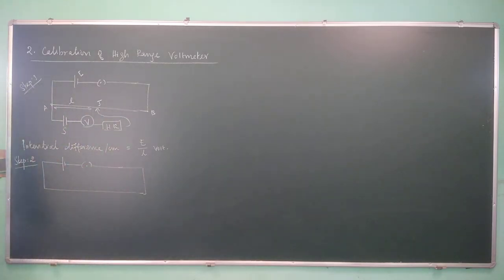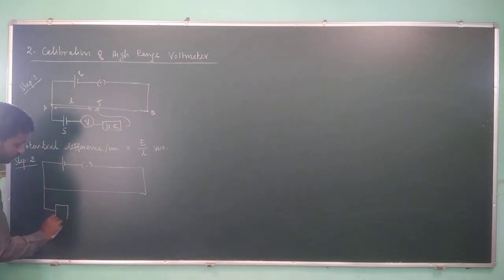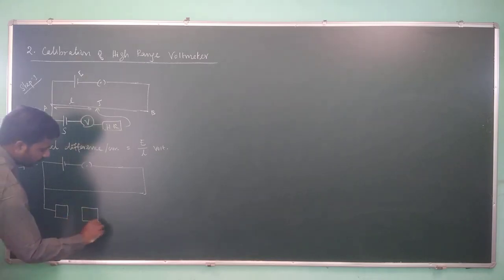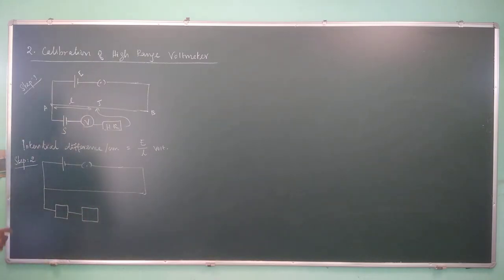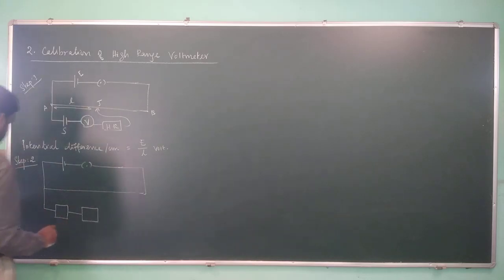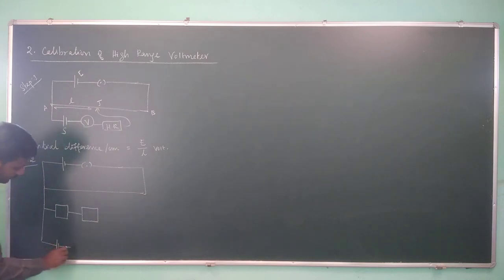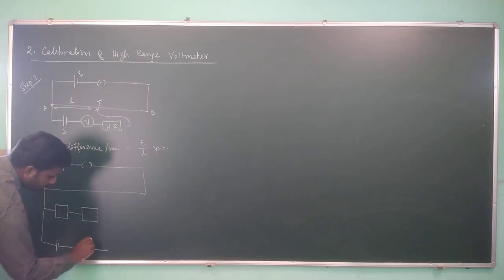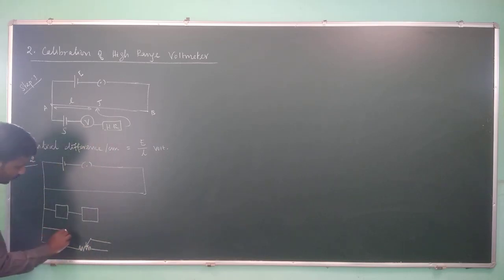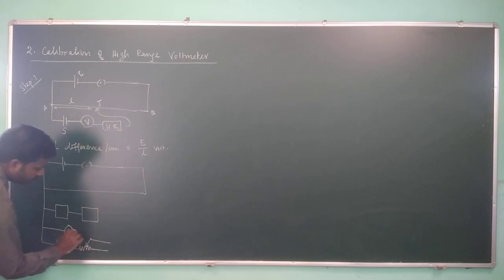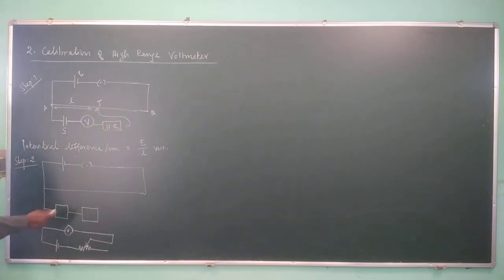And the second part, what we have to do is remove all this, and we take two resistors P and Q. It is connected in such a way that there is another DC source connected here, and there is a rheostat here. And now let's connect a voltmeter in order to measure how the potential difference is created. What is the potential difference created using this